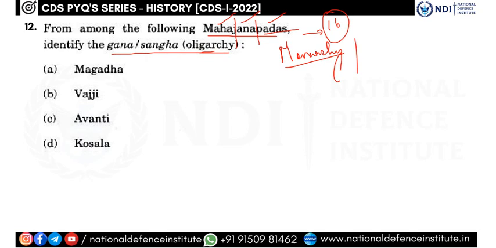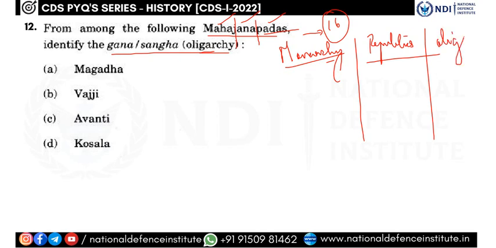Some Mahajanapadas were monarchies, meaning a king will be there. Some were republics. Some were oligarchies. Monarchy is single rule, where a king rules. Oligarchy is rule by three or four together by means of a Gana or Sangha, or we can say an assembly. It is like the present-day coalition government, with two or three party members joining together to form a party. That is called an oligarchy. In this context they are asking which among the following is a Gana or Sangha oligarchy. Out of these, four monarchies are very famous in the Mahajanapadas, that is Magadha,